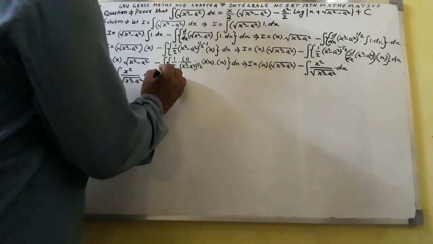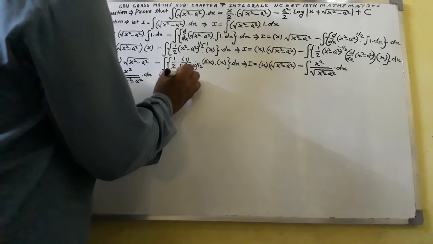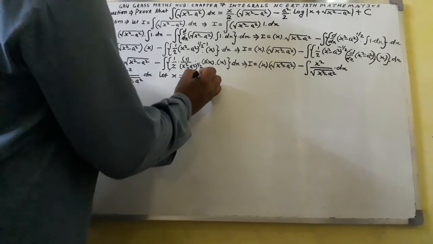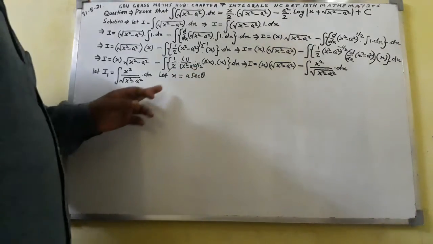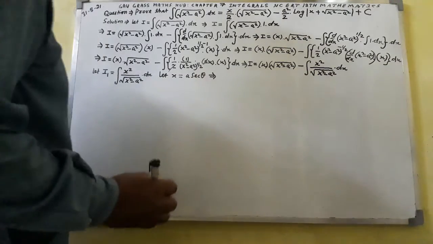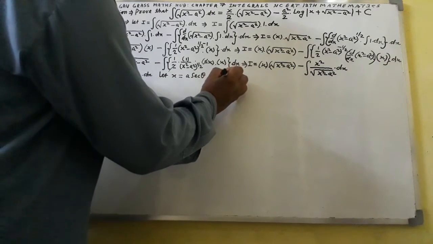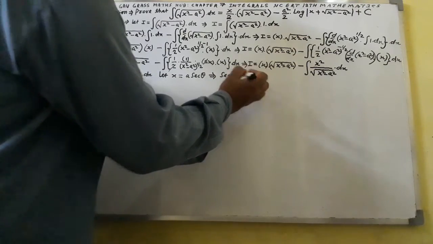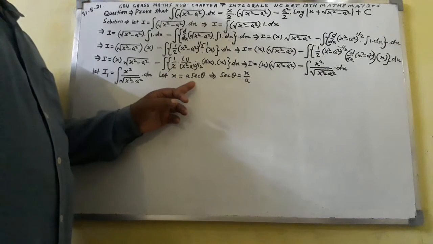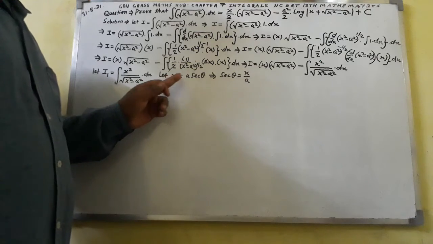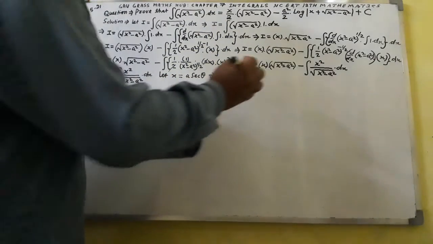So again I shall write, let x equal to a sec theta. Let x equal to a dot sec theta, which implies that sec theta equal to x over a. Here x equal to a dot sec theta, so if you write sec theta equal to x over a, it will become...